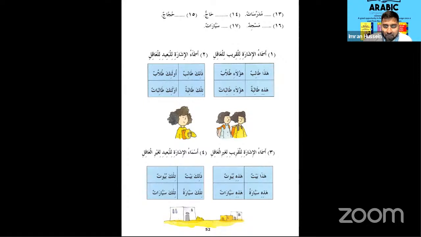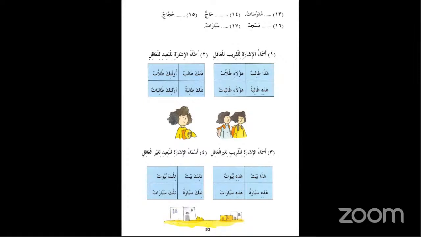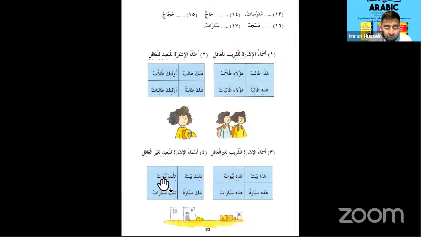Is it clear for everyone? Yes, it is. So dhalika baytun, that is a house. Tilka buyutun, those are houses. So buyutun is now treated as singular feminine. So what do you mean by singular feminine? Meaning that we will use tilka in the plural. And then